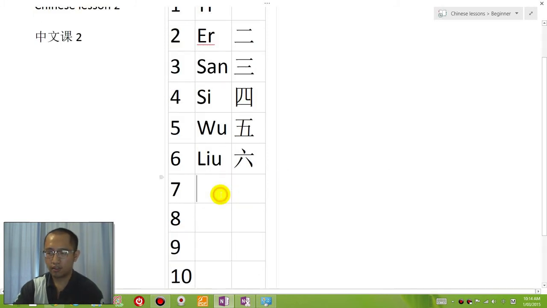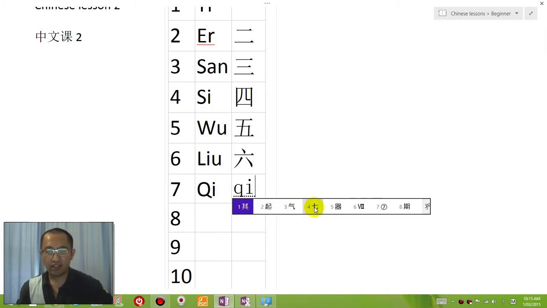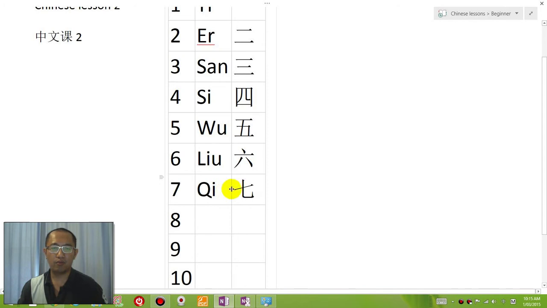Wait, it's actually QI. Remember, Q is pronounced CH. So Chi is the 4th character from the left. The one with 1 horizontal line, 1 vertical line turned into horizontal, and then a little upward stroke in